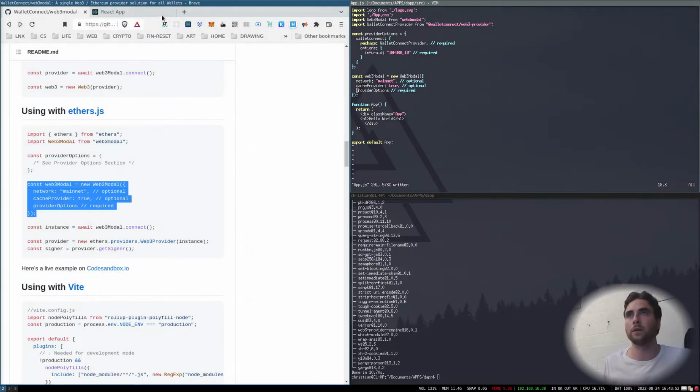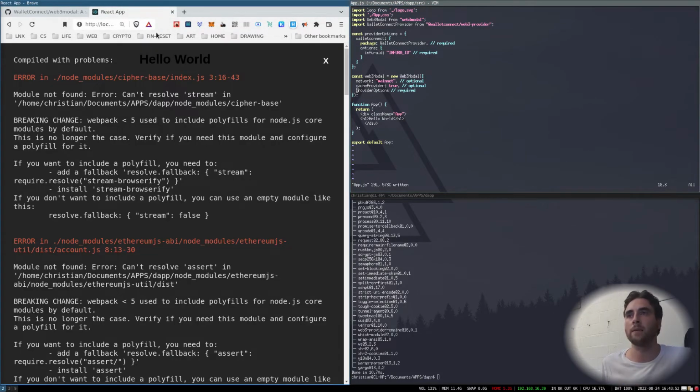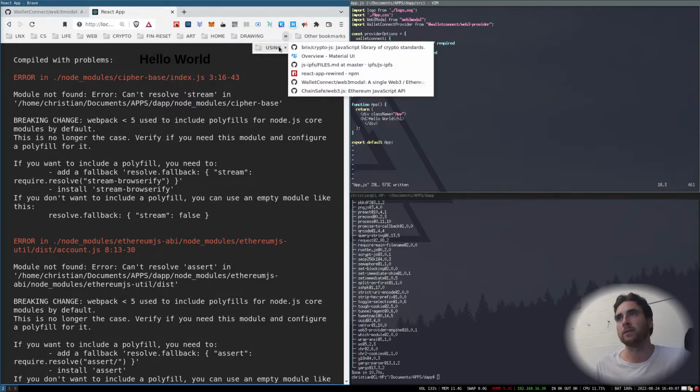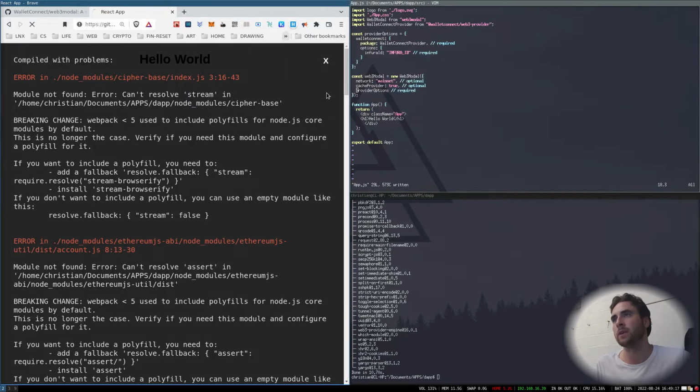Okay, so now let's look at our app, and boom, we've got loads and loads of errors. Breaking change, Webpack less than 5 used to include polyfills for Node.js core modules by default. Okay, this is just something you have to deal with if you want to use Web3 and you use the newer versions of